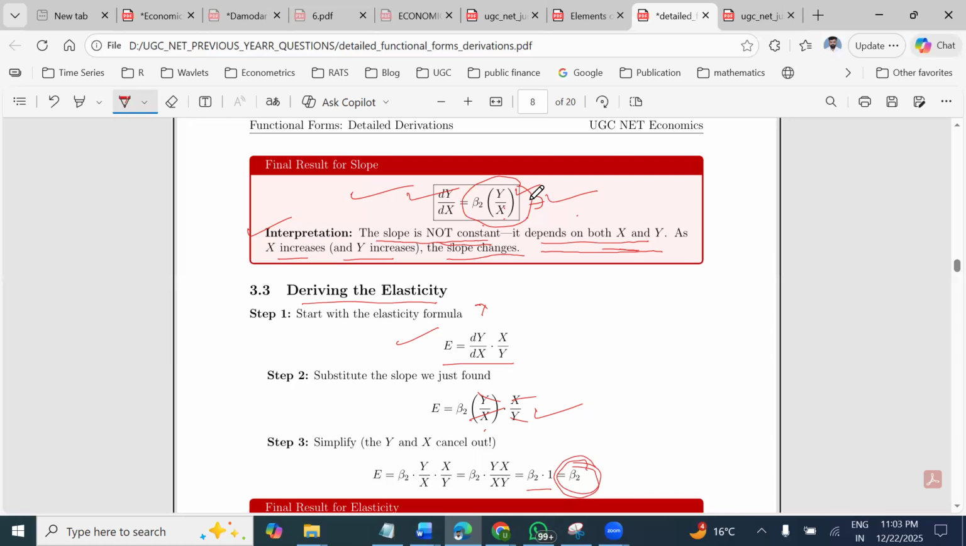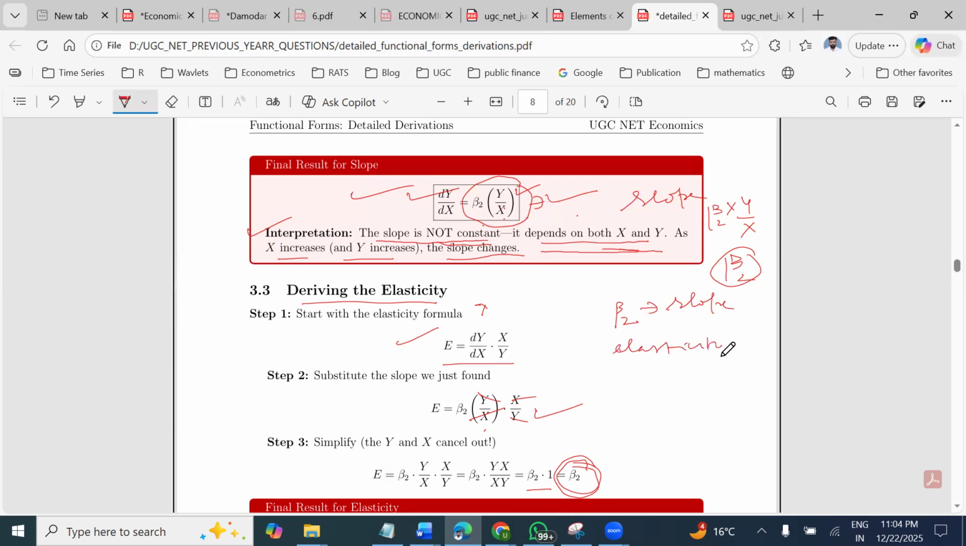So simply, the slope in a log linear model is beta 2 times y by x. But the elasticity is beta 2. But you see, there is a trick to remember. In a linear model, it is reverse. This is the slope, and the elasticity is